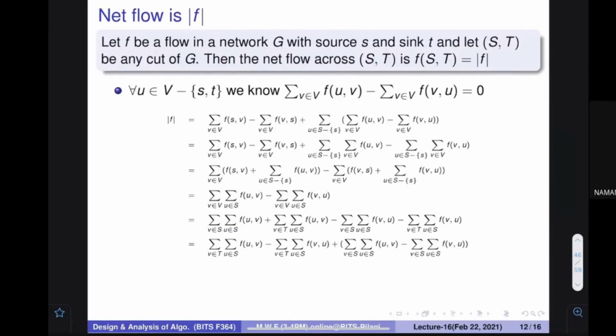If I put these things two times, then I can arrange these two things into two places. I say how much is actually going out and how much is going to come in, and then it is just the flow between S and T. The same thing comes out, that whatever is actually going from S to T is going to be represented by this. So it is an interesting idea.